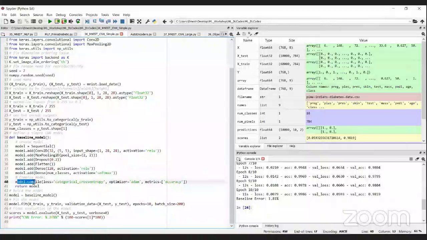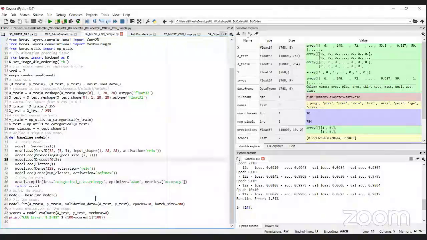And then model.compile. I'm trying to compile the model. Loss is categorical cross entropy. Optimizer is the same, Adam, and accuracy. So the rest of the things are the same. Okay. So one convolution layer with 32 filters, and each filter is of size 5 by 5. So I'm using max pooling, and dropout is optional.